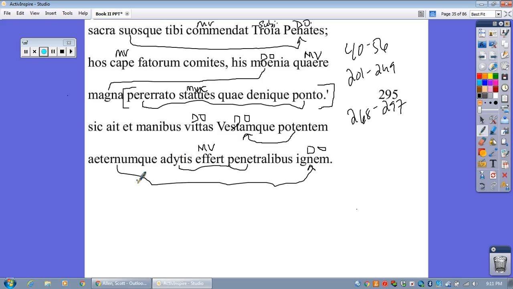And notice the chiasmus here: aeternum is describing ignem way over here, and then sandwiched in between, you've got penetralibus, the adjective, describing adutis, the noun. So why? I don't know. I think maybe it's because the flame is supposed to be eternal or everlasting, kind of all-encompassing, and it stretches from the beginning of the line all the way to the end, and then everything else is sort of sandwiched in between. So it carries out all of that stuff